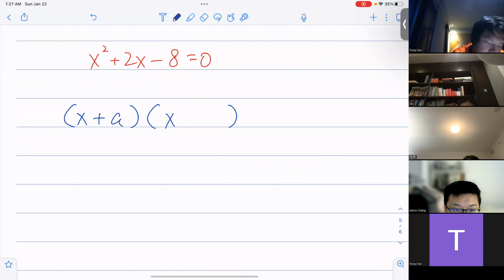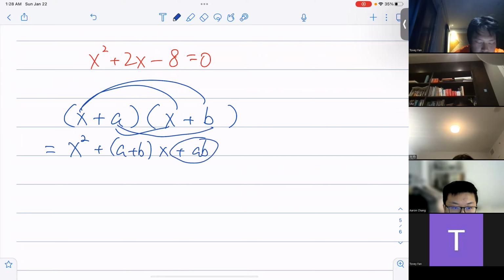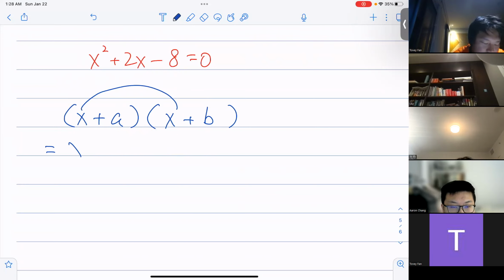So if you have x plus a, x plus b, let's just say those numbers are a and b, you're gonna get x squared, you're gonna get bx, you're gonna get ax, so you're gonna get a plus b x. And eventually you're gonna get a times b. So the two numbers, they will have a product of this -8. So that means if we go back,